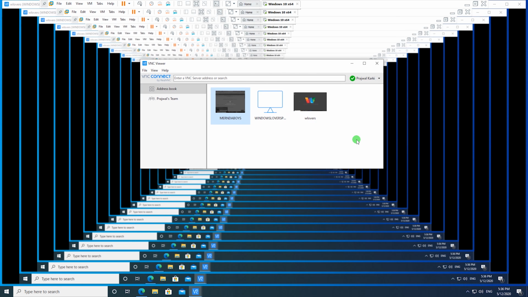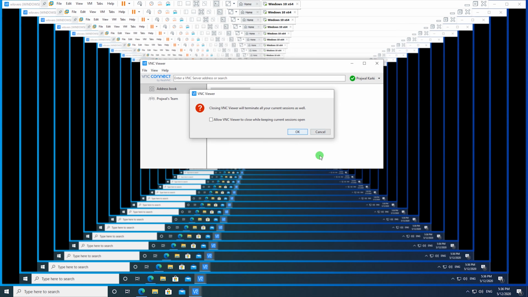At the moment, it's throwing me into a loop because I am running the virtual machine on the same computer and recording the screen at the same time and logging into the VNC Viewer to view what's happening on the screen. So it's sort of going into the loop, but you will be able to view your screen once you've clicked on connect and enter the right password. I'm going to close that for now.